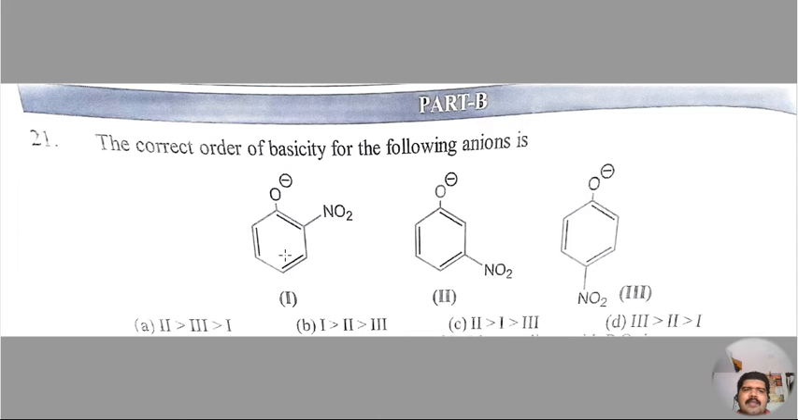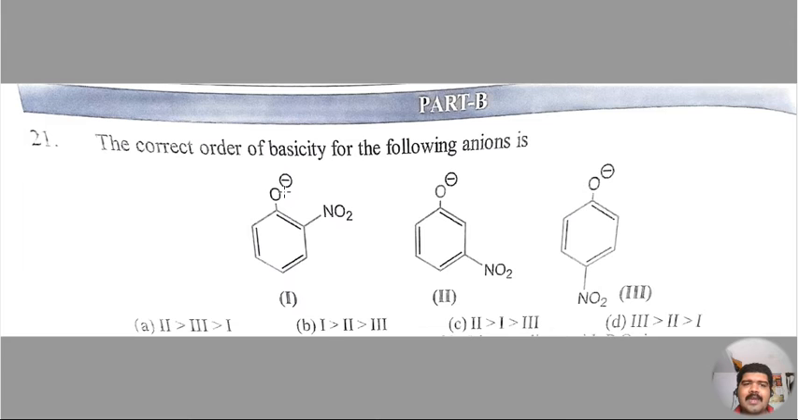Next question. The correct order of basicity of the following anions is... we all know these are all phenoxide anions, and their basicity is decreased by the electron withdrawing group. Nitro group is an electron withdrawing group, so these will decrease the basicity of the phenoxide anion. Here the nitro group is in ortho, meta, and para. And we all know the nitro group will decrease the electron density the very least when it is in meta position, because